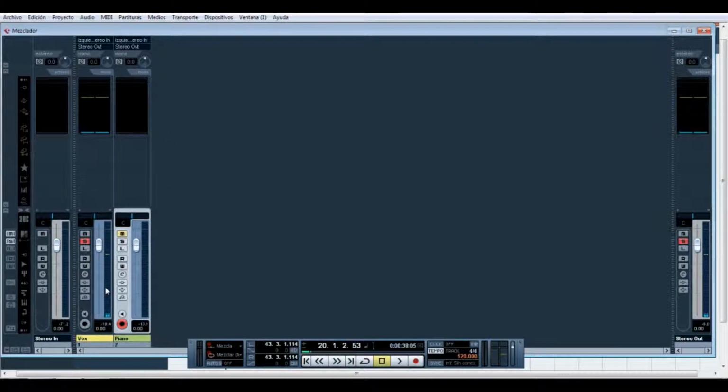And we see that this sound is going out to the stereo out, or to the master bus. It could be called stereo out or master bus, and it's the same, right? It's peaking at the same level. And another way to analyze this, for example, is